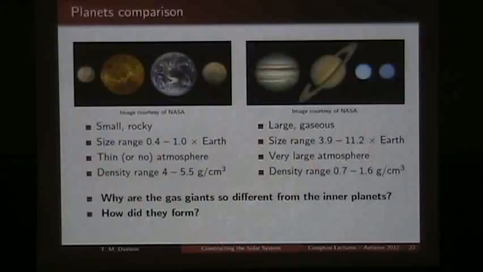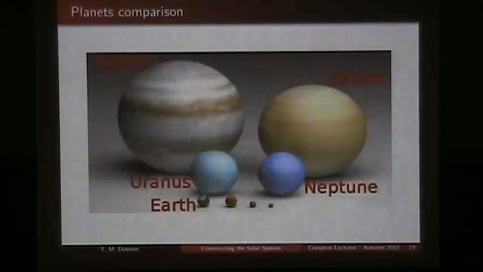So in summary, to compare the two populations of planets, we have the small, rocky, dense planets, the terrestrial planets of Mercury, Venus, Earth, and Mars, and then Jupiter, Saturn, Uranus, and Neptune are much larger, much more gaseous. They have these large, dense atmospheres, and much lower density than the range of the terrestrial planets. So really then we want to know how did they form, and why are they so different from the inner planet population. This slide is just to give you an idea of just the difference in size between these planets,